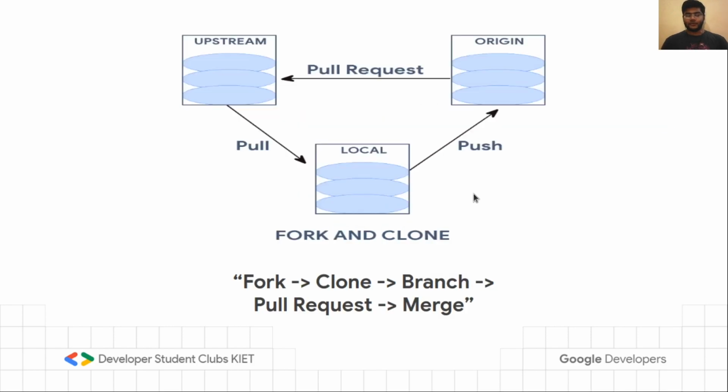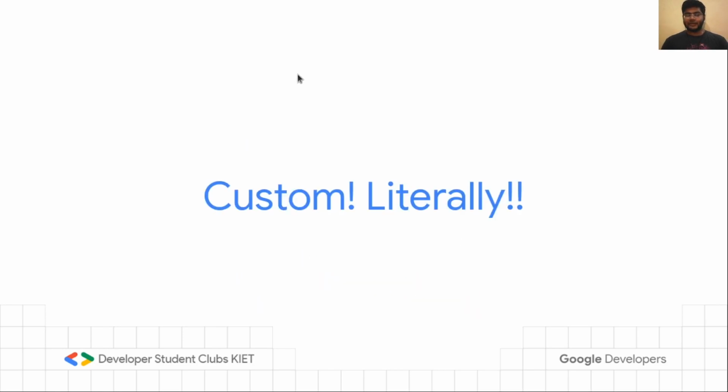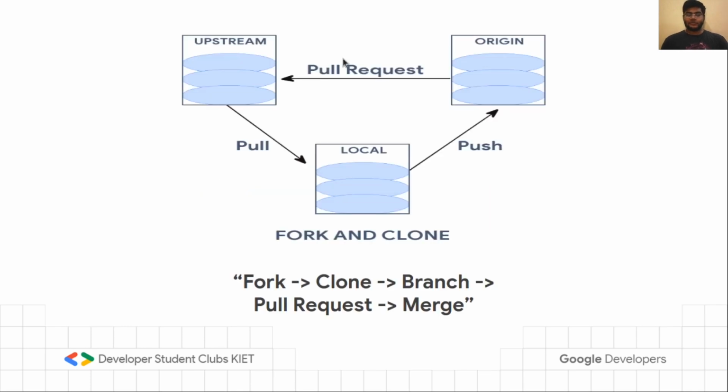Next we have fork and clone. This is basically used while working in teams. In this case, there is a central repository hosted on the organization, and all the developers working on it have their own forks, and they work on their local. This is a triangular cycle type. This is your local repository, this is your remote repository, and this is the repository which you forked. It is a pull, push, and pull request cycle. So basically, if you are using fork and clone in teams, you are using this workflow along with any one of the previous ones. Internally you are using this workflow, and you are using one of the previous for working in these two parts.